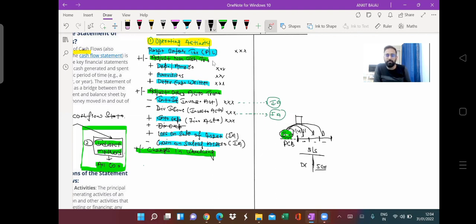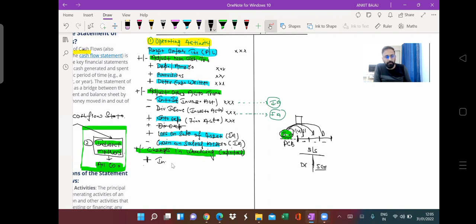And now the third item which we have to learn is changes in working capital. I have told you about working capital, but we have not discussed it in detail. So now we will see what changes in working capital are, in detail, in this session. So what I will do, I will write down the items, and after that I will be discussing more about these items. So what we have to do, we have to add